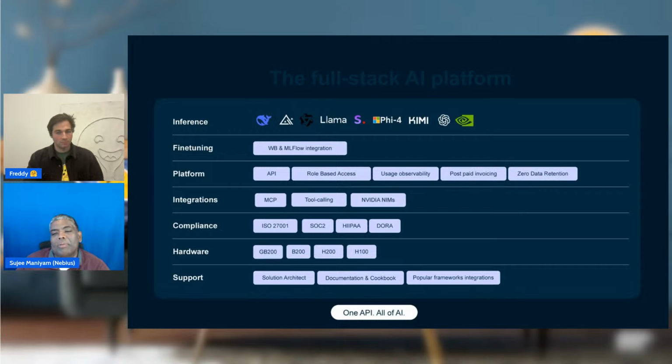Token Factory is what we call our inference and fine-tuning service. We have all the cool state-of-the-art open source models, Kimis, Qwens, DeepSeeks. You can run inference on them, and also you can do fine-tuning, so you can adapt the model for your own data and own needs. The platform gives you very straightforward access. You can do everything through a single API, and you can set up projects and assign user privileges. Also, we do zero data retention.